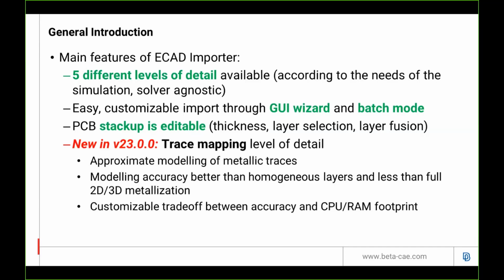What it does is an approximate modeling of metallic traces. The information about the metallic geometry is there, but it's more coarse, more approximate than in the full 2D metallization and the full 3D metallization. And it presents a customizable trade-off between accuracy and CPU and RAM footprint.